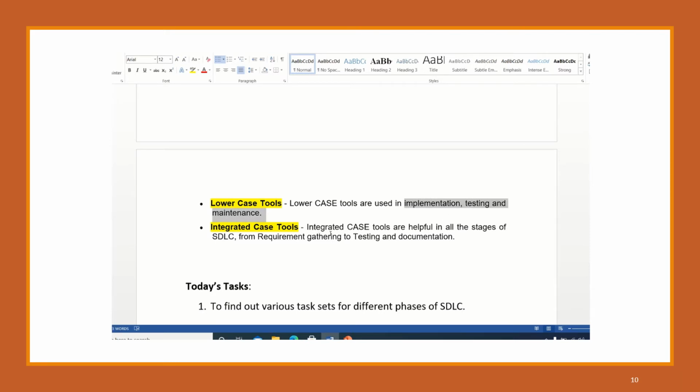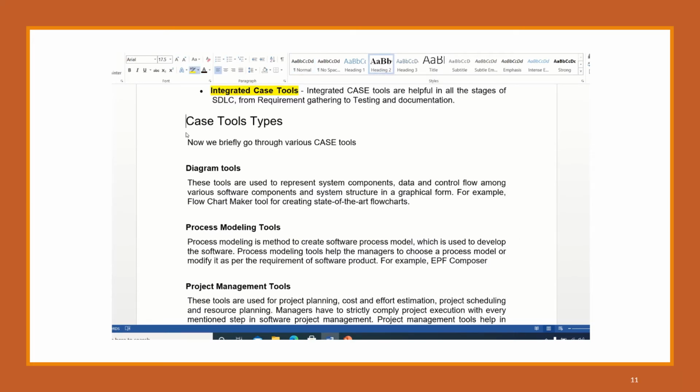And both the lower CASE and upper CASE will make the integrated CASE toolset. That is, integrated CASE tools are helpful in all the stages of SDLC, from requirement gathering to the testing and documentation. Now in this section, I will briefly go through the various CASE tool types that are available.